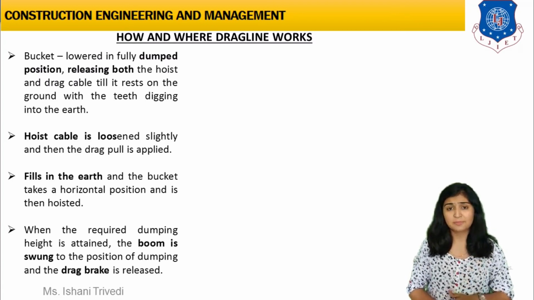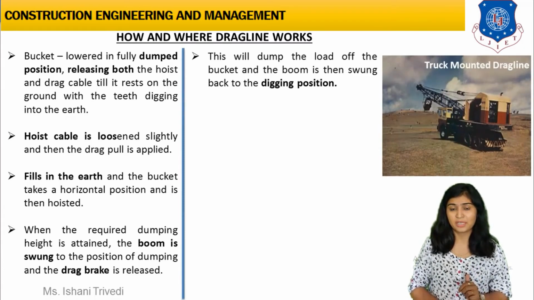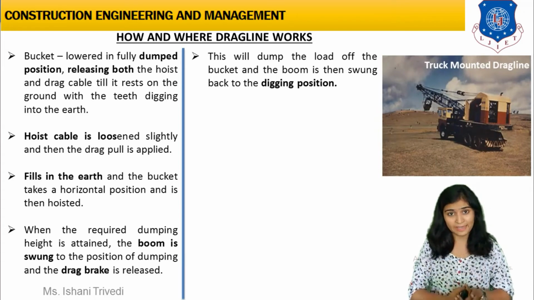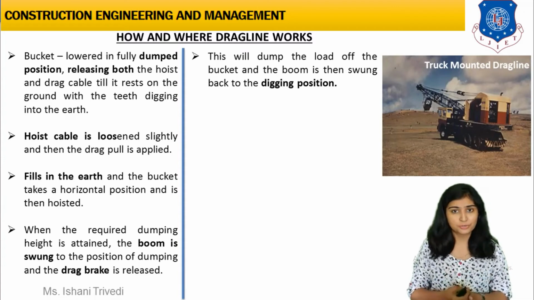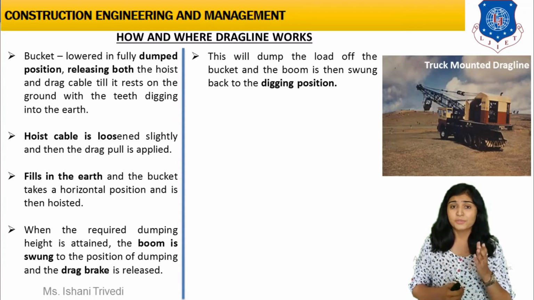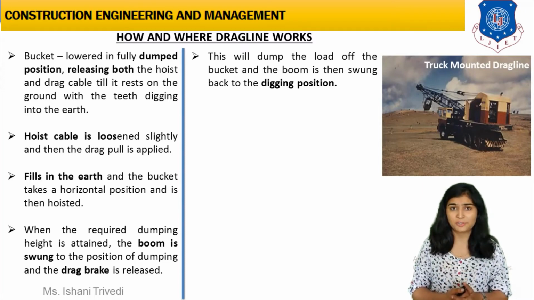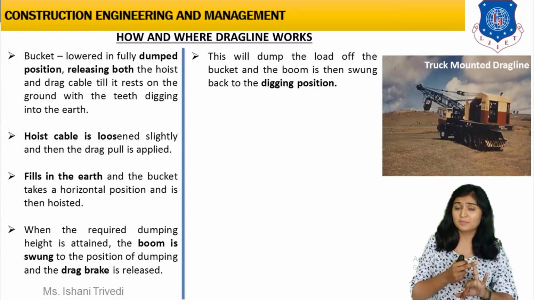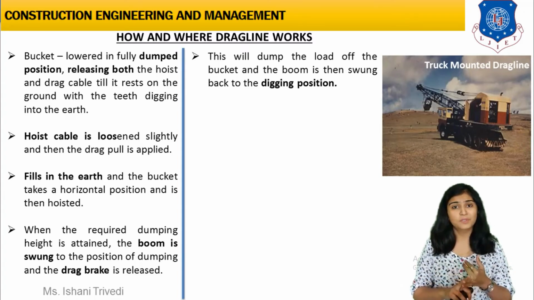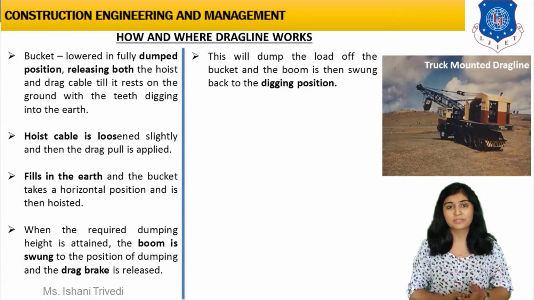I think with the help of the video clip, you already understood that how the drag line works. Right, but we also have to put it in technical words. We have to explain it technically, right? So we are going to do that now. And also you can see the image which is flashing just above me, that is a truck mounted drag line. Just like wheel mounted and just like crawler mounted, we have a truck mounted drag line. So the crane and the boom will be attached with the truck, and hence it becomes a portable equipment. This is the reason you can also use this for long distances.